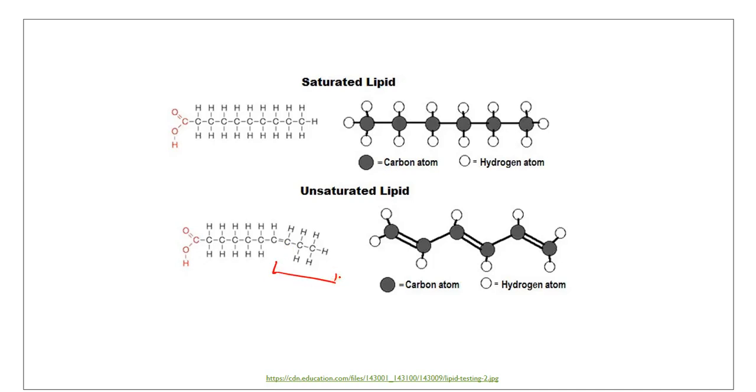I don't know whether the bio people have looked at this yet. But yeah, so unsaturated lipid just means that you have some C=C double bond, probably not C≡C triple bond, but it could be, but I've never seen it before. And it could have more than one C=C double bond. So that will vary the degree of unsaturation. So this is a monounsaturated fat, and that's a polyunsaturated fat. But anyway, that's it for this